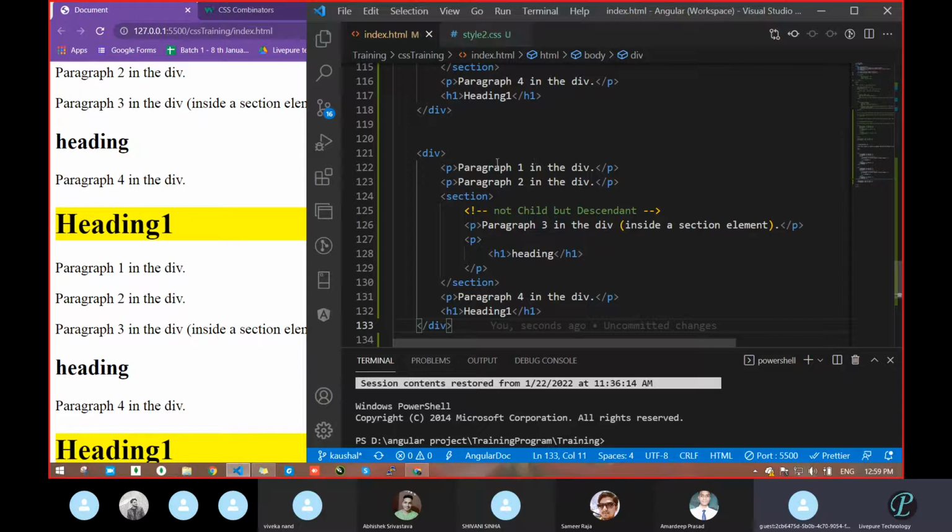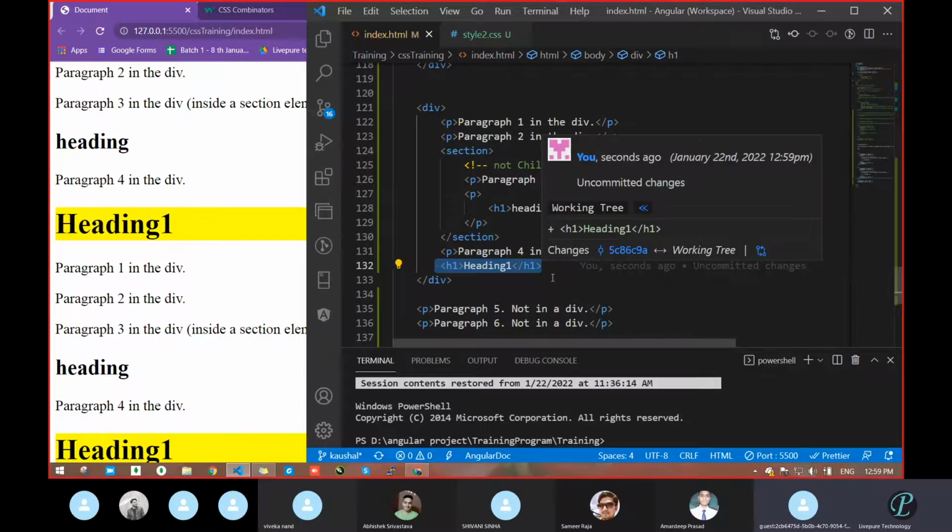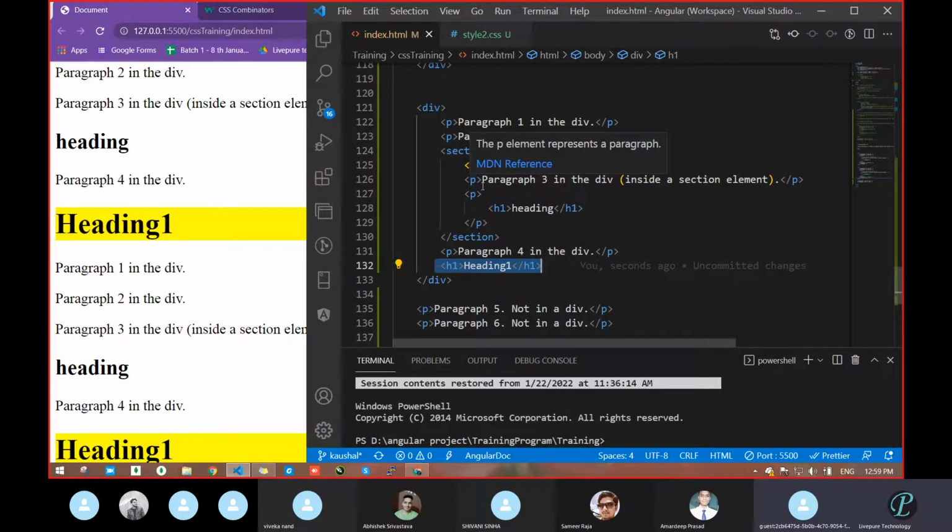We will check the first heading of each section, and for that we can go with the child relation. Otherwise, you can use whatever selectors we studied previously, like a particular tag or particular ID. So this is like universal. If we want the first element of each section to be red, we can go this way. Different situations will be there.